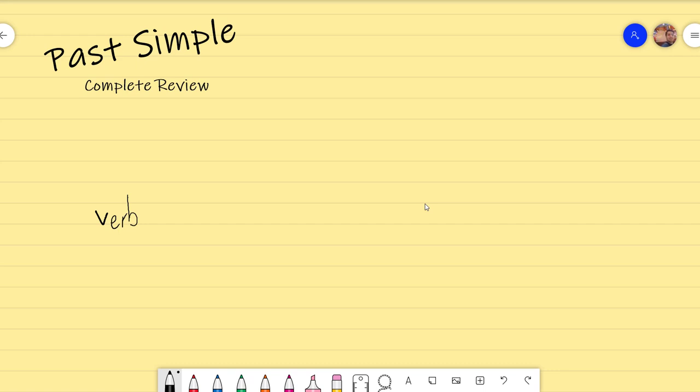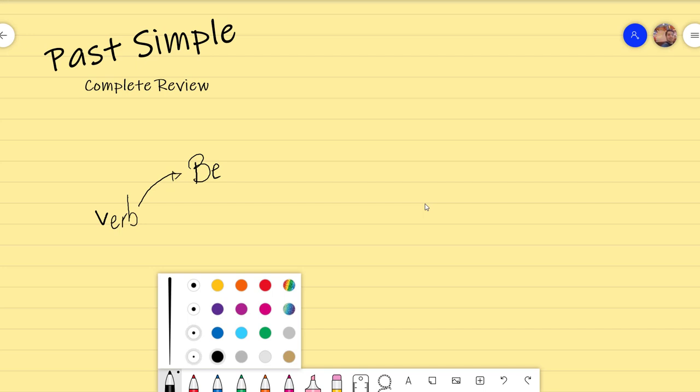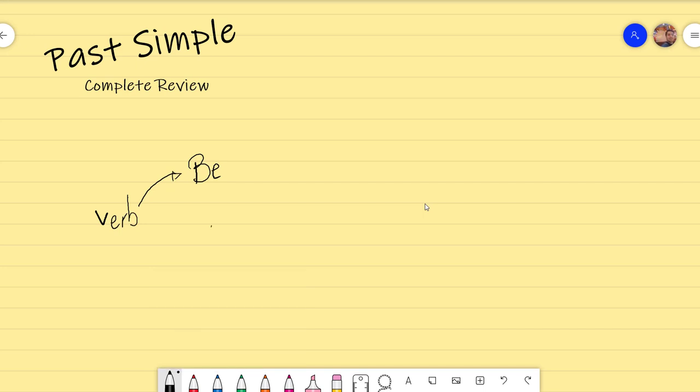Now in English, for past simple, we usually have two sorts of verbs. The first one that we want to start with is be verbs. So what are the be verbs? We usually say that the be verbs are am, is, and are. Okay, so am, is, are are the present form